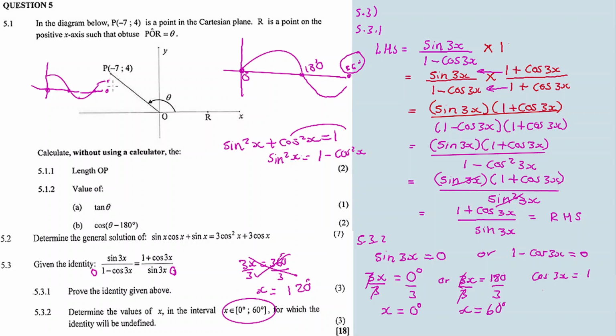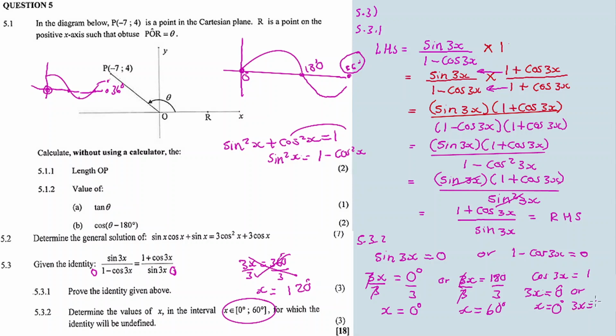So at 360 and at 0 degrees we find that, that's where our function is equal to 1. So it's 0 degrees, x is equal to 0 divided by 3 is 0 degrees, or